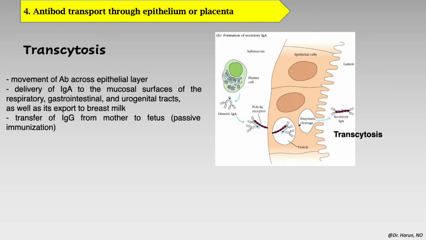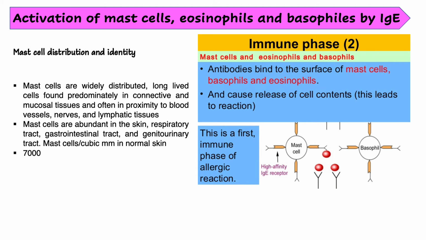So kita dapat lihat di sini bagaimana on the surface of the epithelial layer akan cross to make sure that, and also pada masa yang sama, this is the antibody on the surface of the epithelial layer. For the activation of mast cell, eosinophil dan juga basophil by IgE, okay,